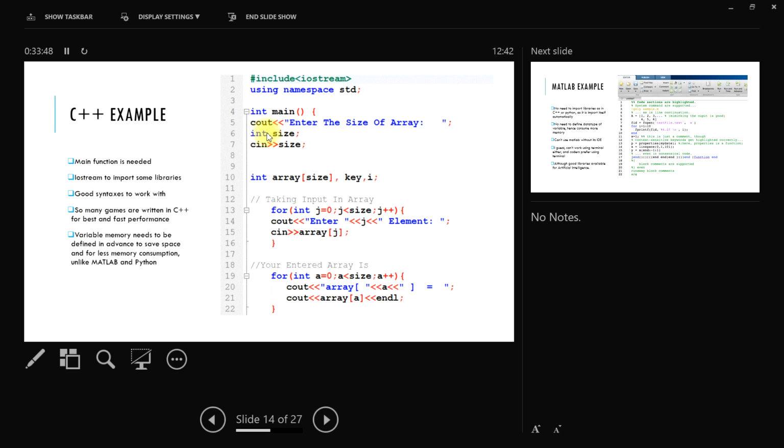So this is one of the factors. This is the main part where it differs from MATLAB. You have to especially mention the data types over here. And if you mention a data type wrong, say you mention int and you wanted to store 5.5, then this will be a problem for you later on, and C++ won't figure it out for you. You have to do it yourself. So this is time consuming also. But again, it saves time and memory. And when gamers are making games, they want to make them compact and precise.